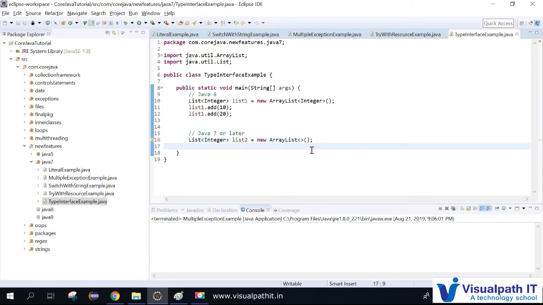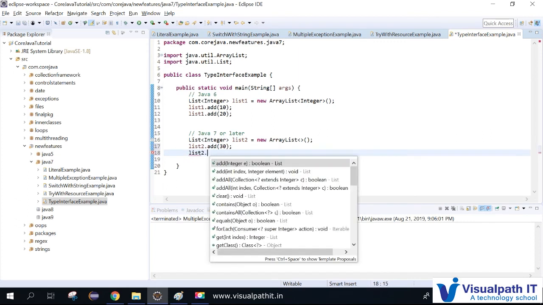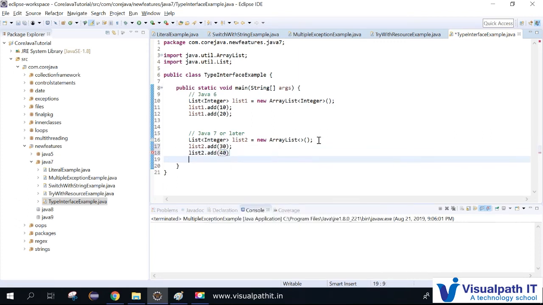So here you don't need to mention specifically the type of the array list, because for the reference variable you already mentioned which type it is. For assigning the value, you don't need to mention it, because it will by default hold that kind of elements only. So you just need to keep empty braces, that will be more than enough. And this list2 also works the same. There's no difference between list1 and list2 while using it. Add of 40. So this is the difference, that is type inference.